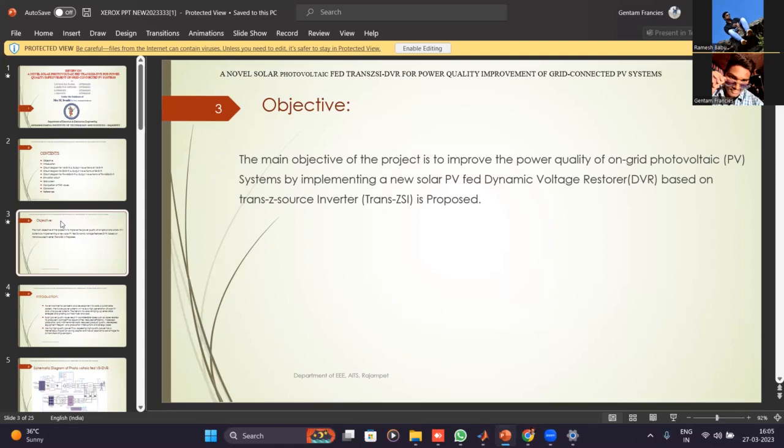To improve the performance, the proposed TransZSI-DVR with the UVT-MCBC method has been analyzed under sag, severe sag, slight sag with harmonics, swells and interruption. The comparative studies and simulation results have shown the effectiveness of the proposed TransZSI-DVR compared to the traditional VSI-DVR and ZSI-DVR. The TransZSI-DVR in the PV system has mitigated voltage sags, swells and interruptions. It also improved the power quality of both the injected voltage into the PCC and the output of the power system.